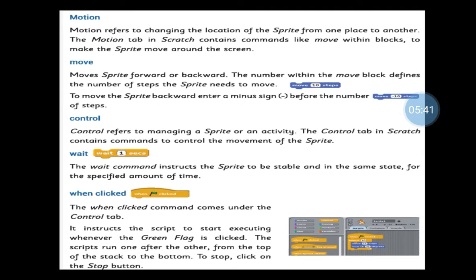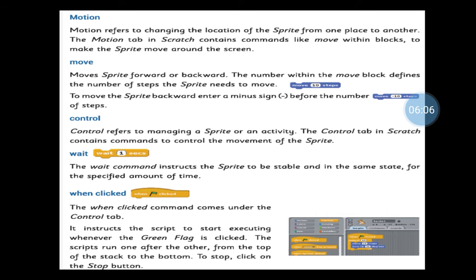So this is the move tab. When we use the move tab, our sprite can move forward or backward. If we want to move our sprite backward, we have to put the minus symbol before the number. If we want to move forward, no need to put any sign.